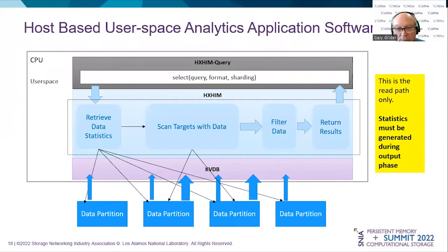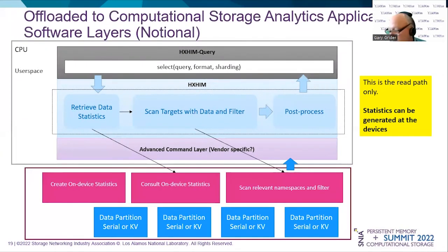So how would we go about doing this? Well, today, the way we do it is we shard up the data, and we do it all with software, with a key value DB, and we write statistics, histograms, as we write the data. But there's an awful lot of scanning associated with this. It's not very indexed. It's mostly just histograms. And it's all software. And where we really want to go with it is here, where we do the same thing we did with that kernel-based application,